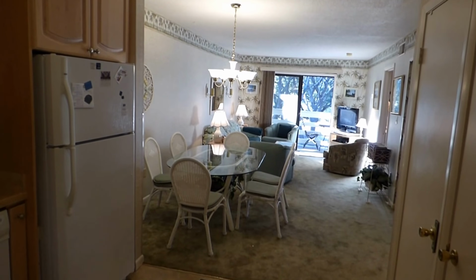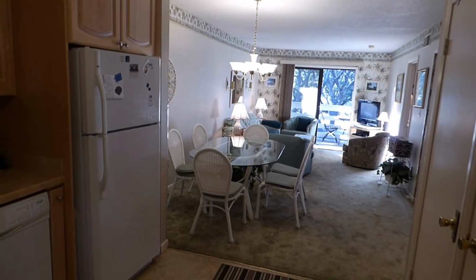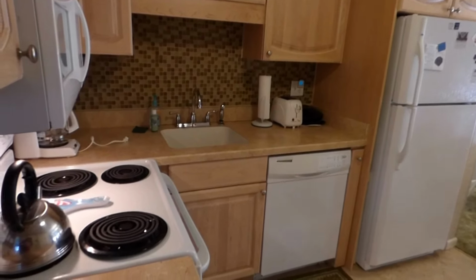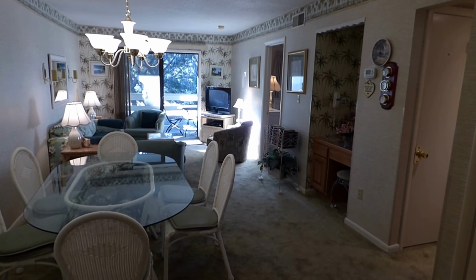And this villa just closed yesterday. It was listed at $144,500. Just to give you a quick preview, I guess you could say, of some of the things I want to talk about in the marketplace here. There's only one villa for sale here at Fiddler's Cove today, and it's listed at $180,000 with another company. I sold this as a buyer's agent, this particular unit. It was listed at